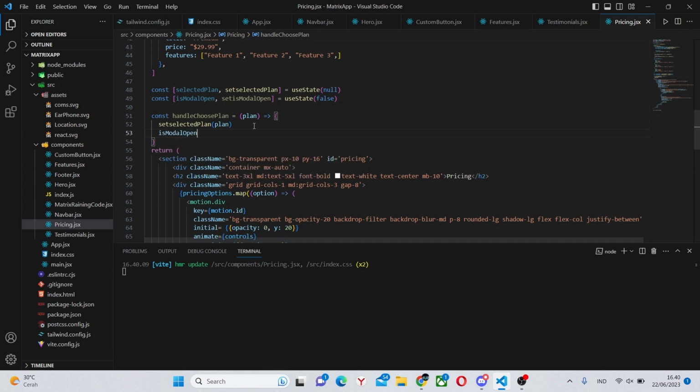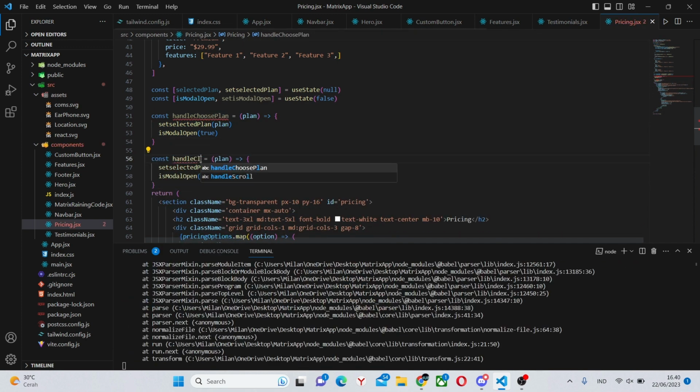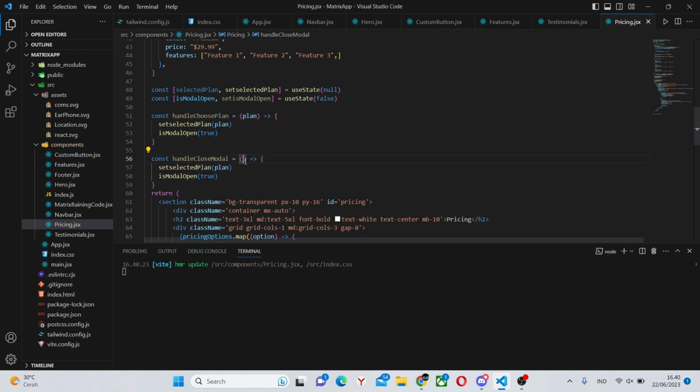Next, setIsModalOpen to true. Now we can simply copy this, add another function, handleCloseModal. We can remove the plan, we do not need it. In here we can say null, and in here we can say false.